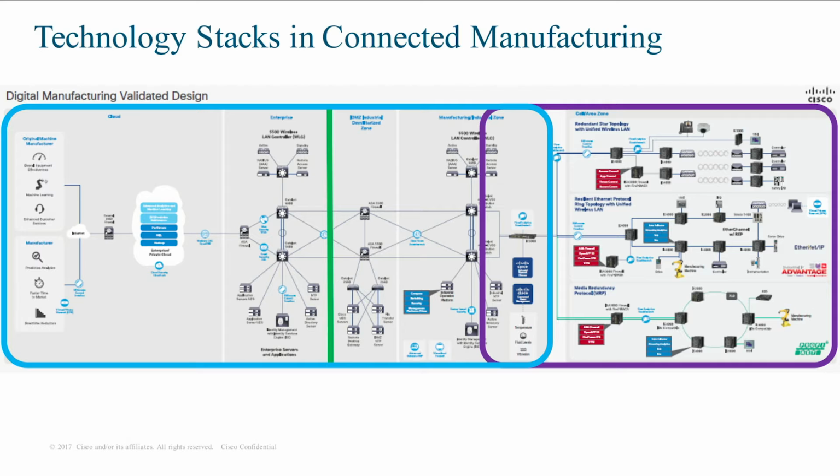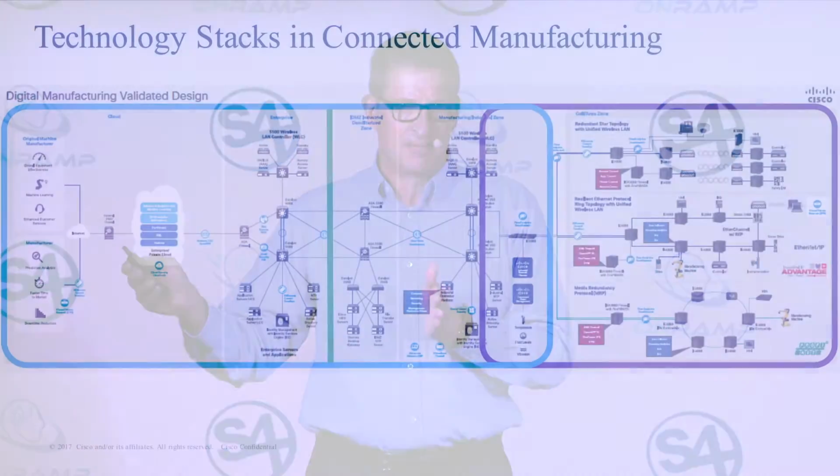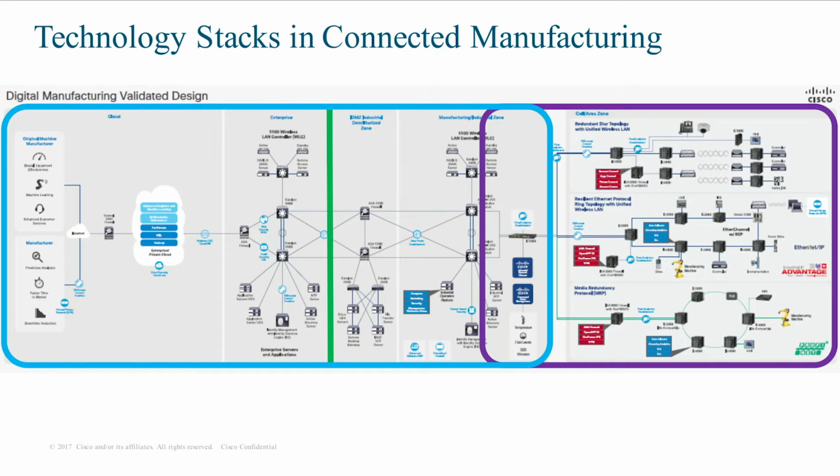So again, we're using the same image. On the far left, we've got our cloud and the outside world, the cloud known as other people's servers. And on the far right, we've actually got the factory floor, where we've got your different cells and different machines at play here. I take that purple box, and I say, this is primarily OT unique technology, some of the stuff that's been out there for decades, the things that my wife, as a production engineer that she was for some number of years, was responsible for.